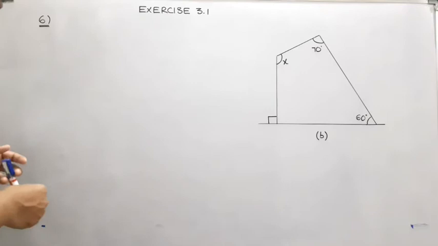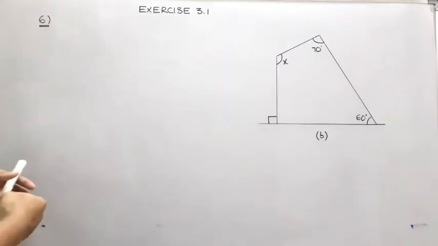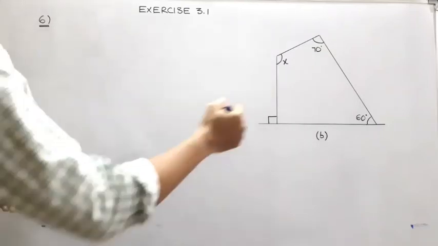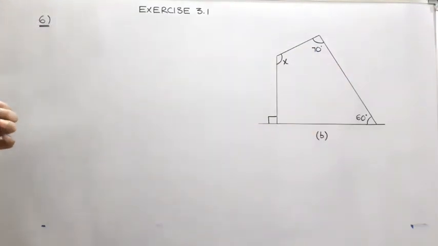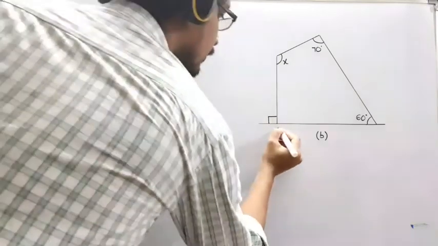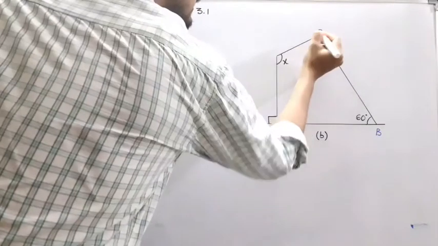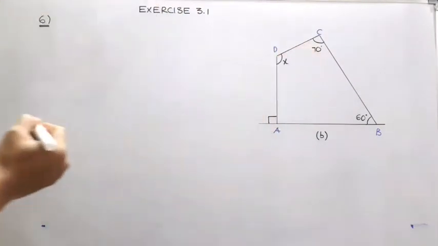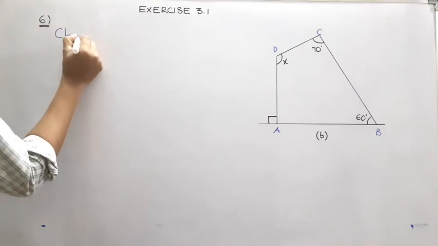So the question is, find the angle measure of X in the following figures. They gave some polygons in the question and asked us to find the value of X. That means what is the angle measure of X. So how many sides are there? 1, 2, 3, 4. Let us name it, for example, A, B, C and D. Okay. So clearly ABCD